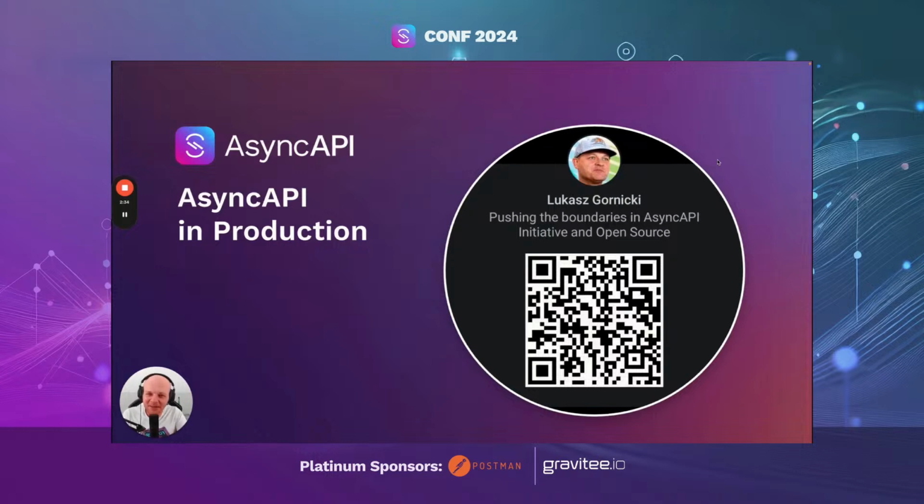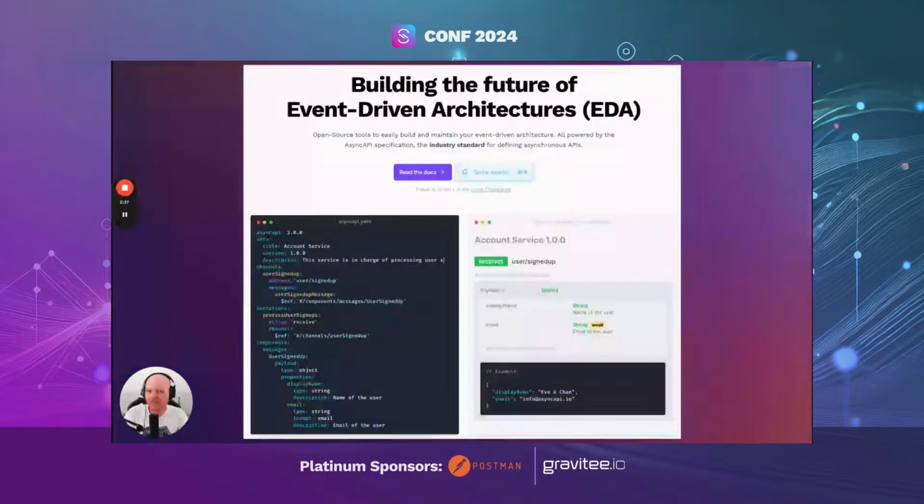So I think the best way to start the presentation is with some complaints. This is a screenshot showing the AsyncAPI landing page. You can see here a typical visual approach of explaining in short what AsyncAPI is and what it can be used for. Visually nice, docs generation is the best way of showing the benefits of AsyncAPI pretty quickly, right? YAML on the left, docs generated on the right.